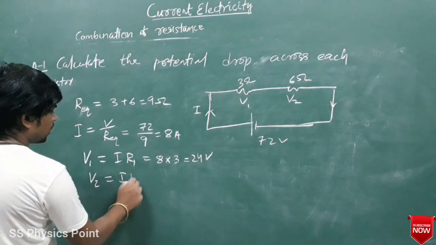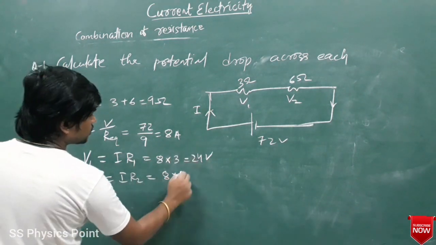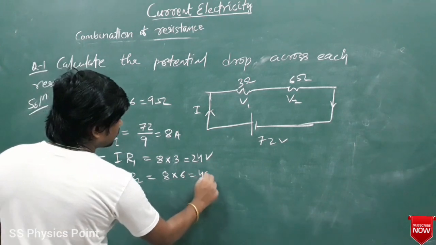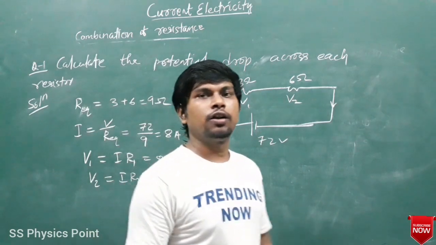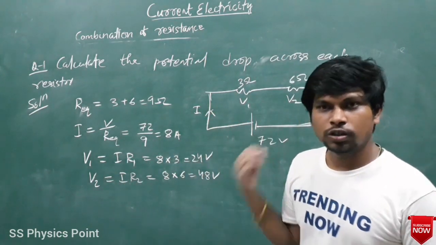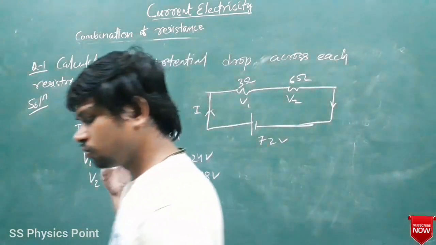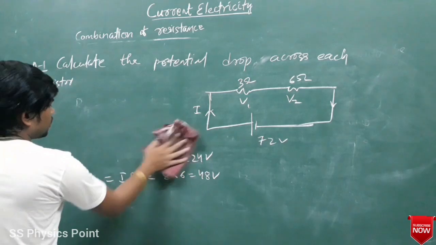I into R2, ये कितना हो जाएगा? 8 into how much? 6, that is how much? 48 वोल्ट। ये हो गया कितना? पोटेंशियल ड्रॉप अक्रॉस स्विच। बहुत आसान सवाल था, आप करना चाहते तो कर सकते हो। जो बच्चे नहीं कर रहे हो तो खुद करने की कोशिश करो, नहीं तो समझ में नहीं आएगा ऐसे। नेक्स्ट वन,